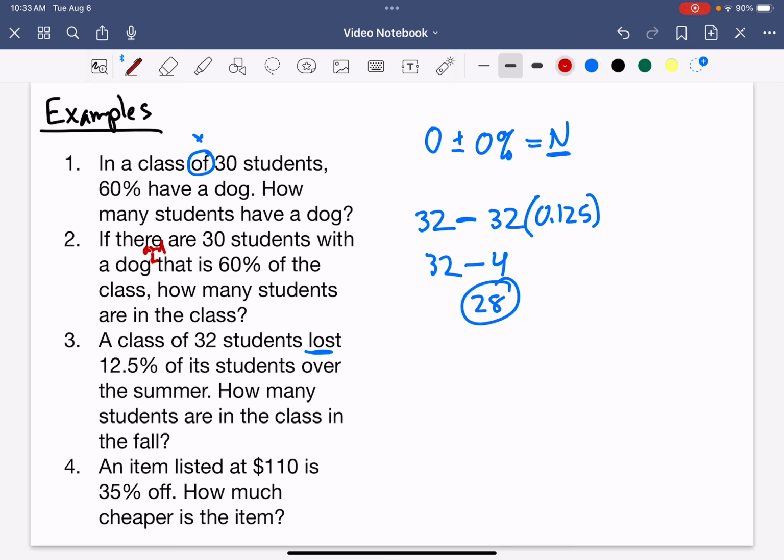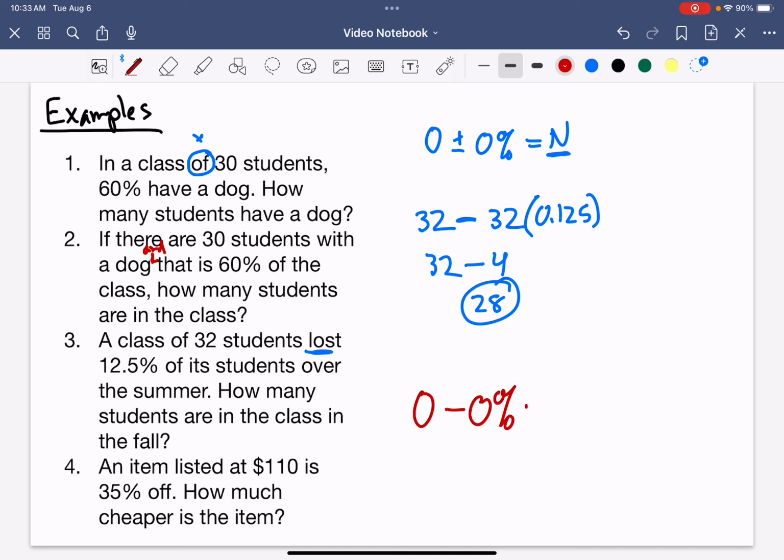Next, let's look at number 4. An item is listed at $110 and it's 35% off. How much cheaper is the item? Okay, so now this one, I wanted to bring this up because I want to show you that sometimes what